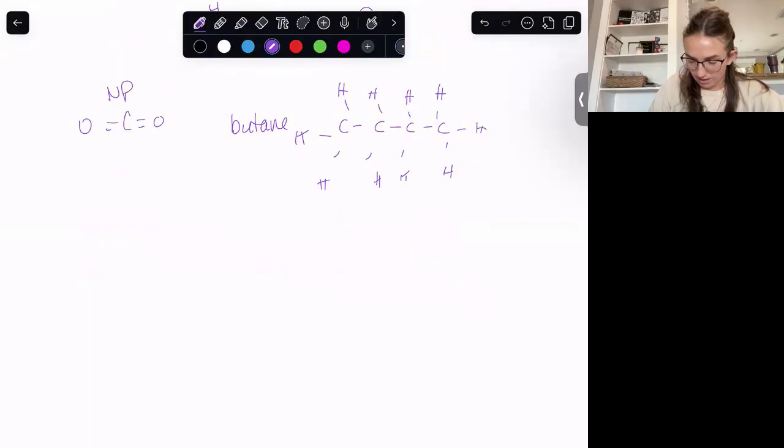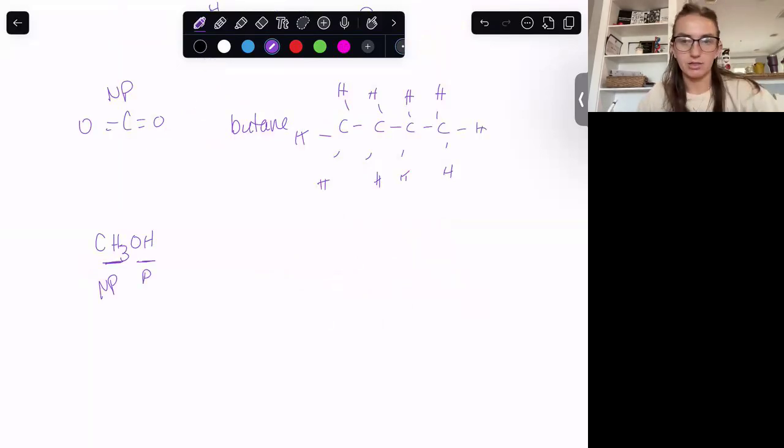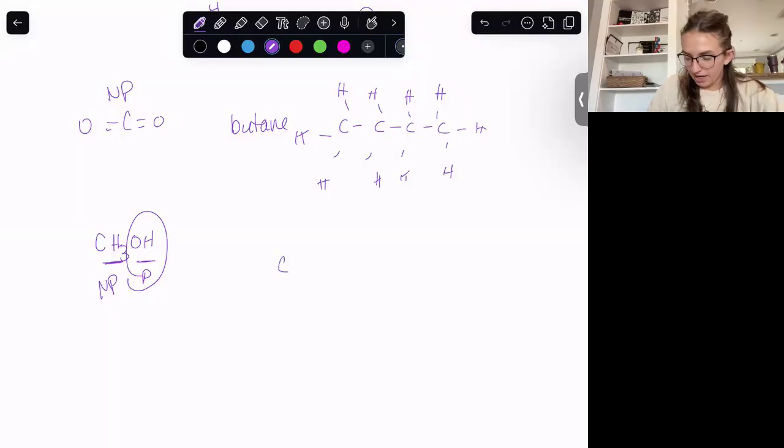So if you have something like an alcohol such as methanol here, this has a short non-polar portion and it has a polar portion that can also hydrogen bond, right? So the shorter it is, then now your polarity is going to take over. This would be a polar molecule. This would dissolve in something like water. If we have something like butanol,